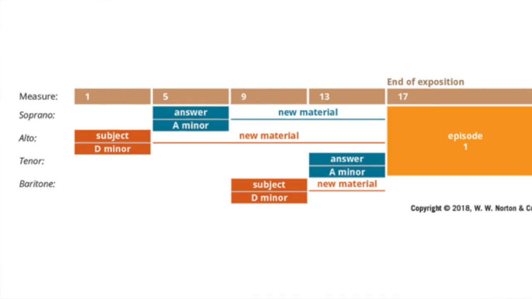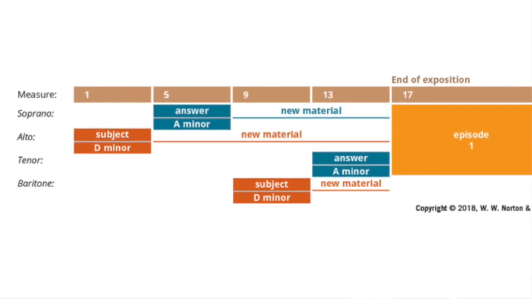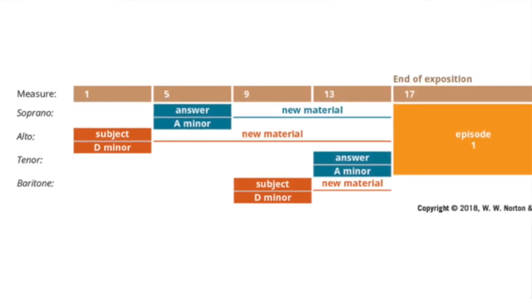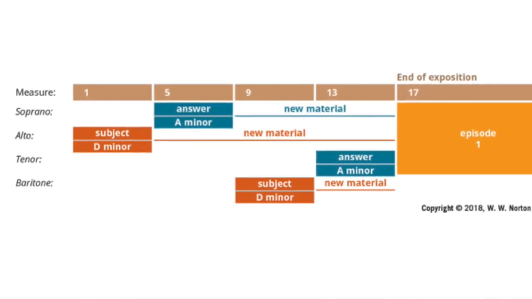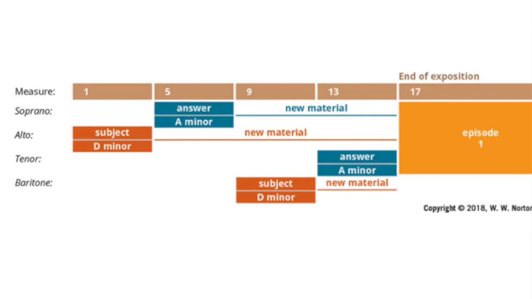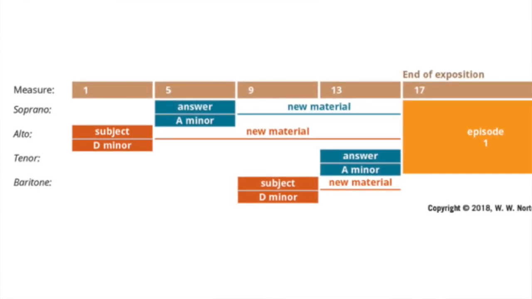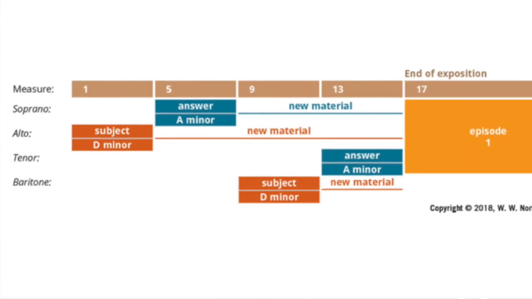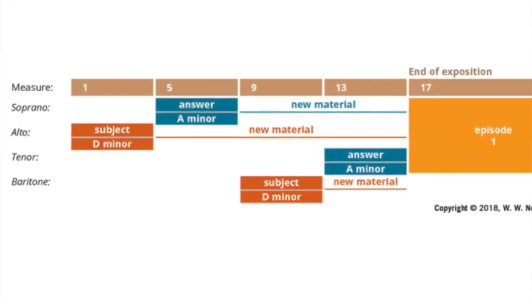And here we have a little chart, or diagram, of the fugue. For example, in measure 1, we have the subject in D minor. Then in measure 5, the answer, which is a fifth higher, in A minor. And while the answer is playing, the subject player starts to play new material. And in measure 9, the baritone comes back in with the